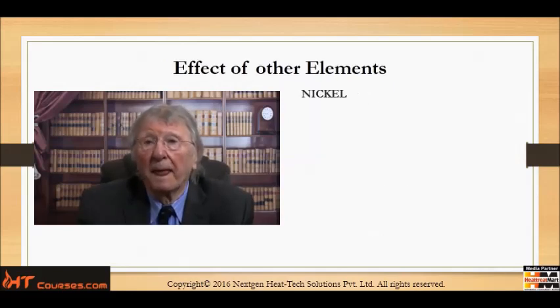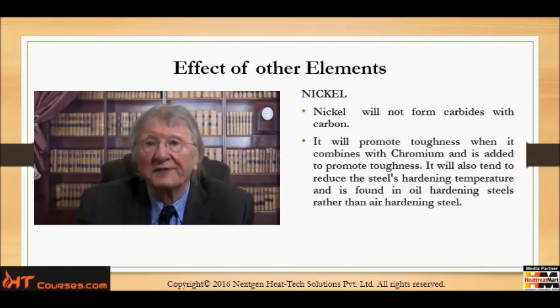Nickel. Nickel will not form carbides with iron. It will, however, promote toughness when it combines with chromium and is added to promote toughness. It will also tend to reduce the steel's hardening temperature and is found in oil hardening steels rather than air hardening steels. The other thing about nickel is if nickel is there in high